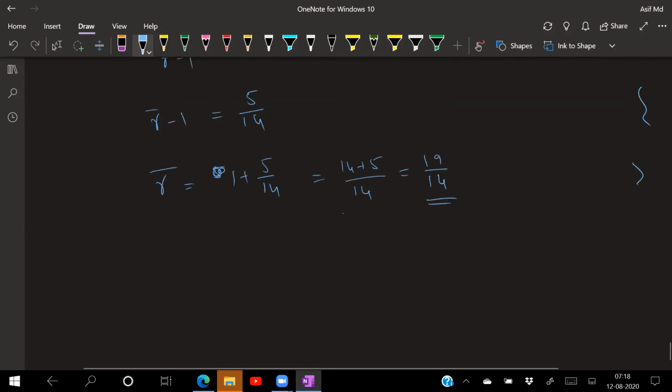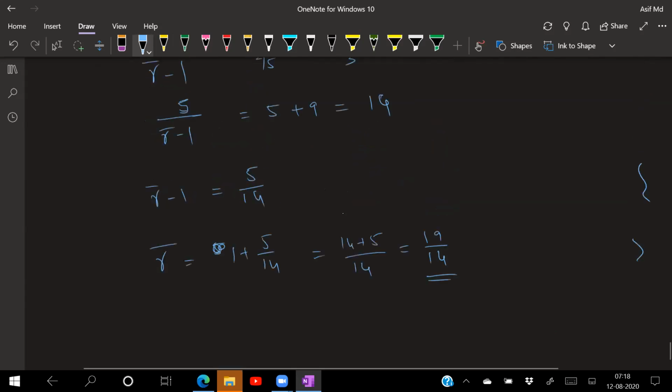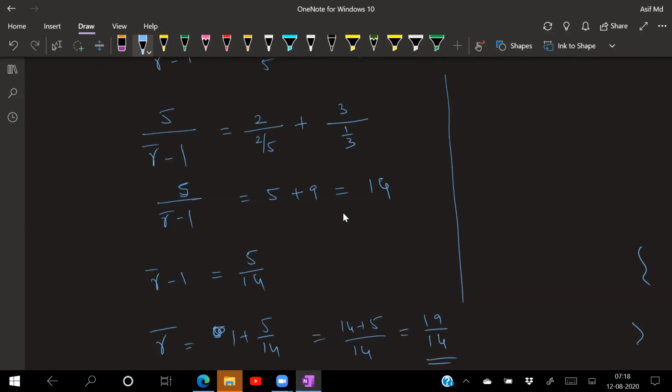Is there any other method I can do it better? Sir, I'll give you one more formula for this one. I'll write here, alternate method. What is the other method? Gamma bar is also equal to (N1 CP1 plus N2 CP2) divided by (N1 CV1 plus N2 CV2). That is the CP-CV ratio. I told you this also, with N1 plus N2 gas, means this gamma bar is equal to CP over CV. This is the second formula.